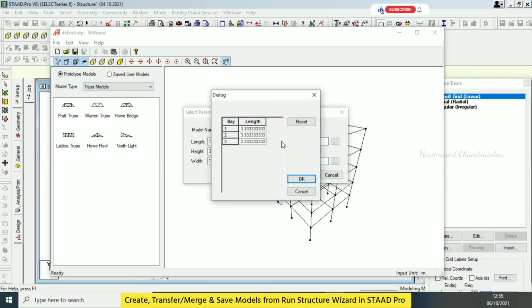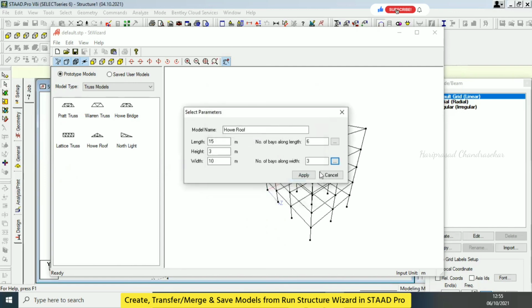Here 6 is okay, but here what I'm going to do is 2.5. So 2.5 and then click OK and then apply.